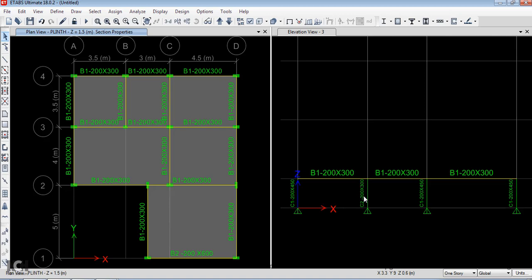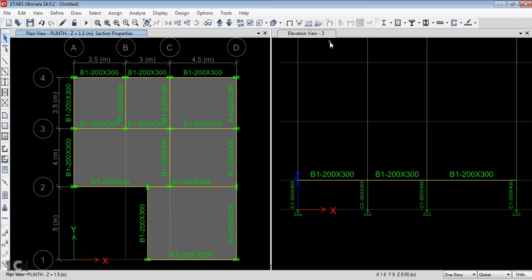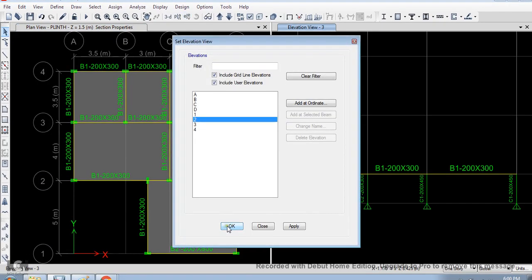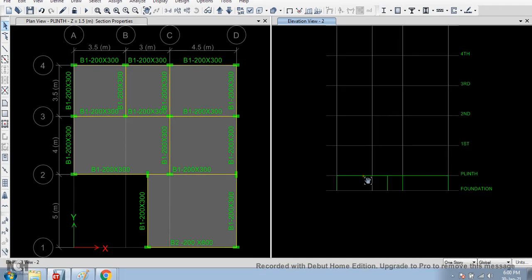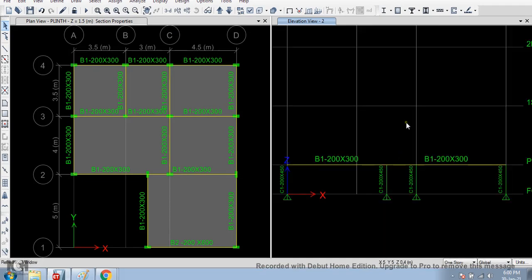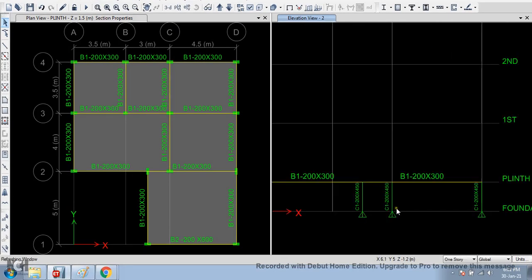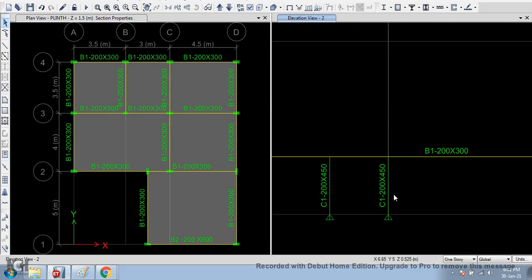Okay. So one more column is there, that is 2C. First go to elevation number 2. The column is at this 2C point. Here it is, this 2C column is 200 into 450. I need to replace it by a smaller column, 200 into 300. For this you can select this column here. You can do it from this view also, or you can click here also, anywhere.